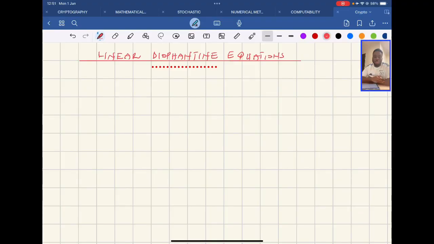So today we are going to be looking at linear Diophantine equations. Most of the time, when we say linear equation, it involves just one variable. So when we say a linear Diophantine equation, it means that we have two variables in just one linear equation. So let's say that we have